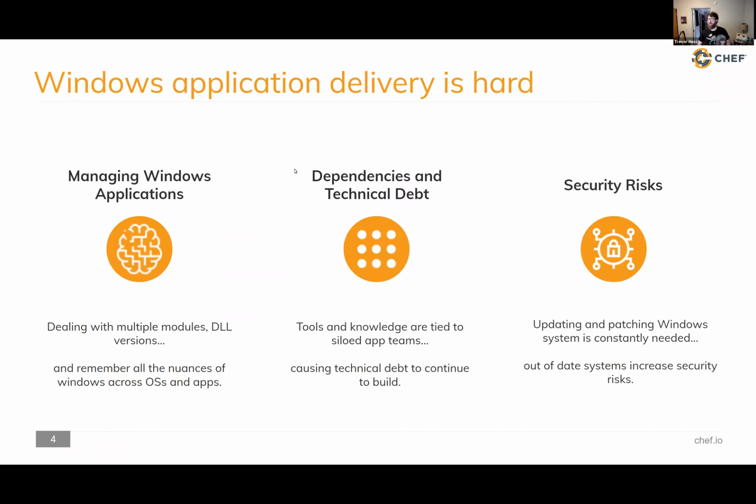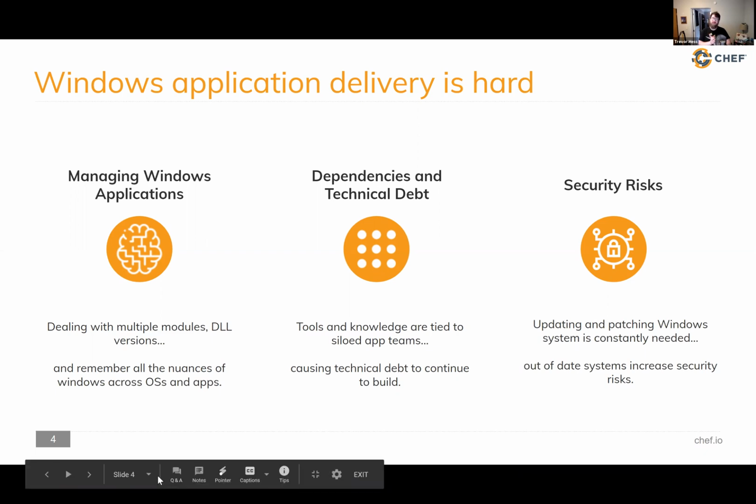So when it comes to Windows applications, delivery is hard. In most enterprises, we've got multiple versions of Windows running multiple languages, running multiple software versions. And you have to remember, when deploying those applications across teams, all of those different little nuances and caveats to managing on each of those operating systems with each of those technical difficulties. And that all contributes toward technical debt as we run into new opportunities that we have to pursue while old applications continue to live on because they're still providing value, but there's just not further investment going into those areas,